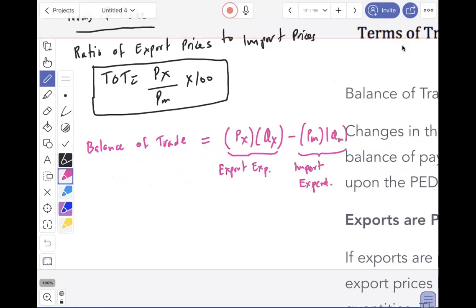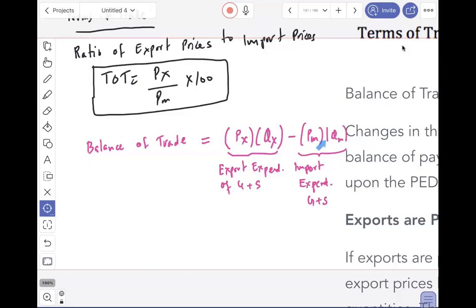When you look at balance of trade, it is both price times quantity of exports of goods and services, and import expenditure of goods and services as well. So it looks at the difference between what you are getting in revenue for exports minus what your expenditure for imports is,